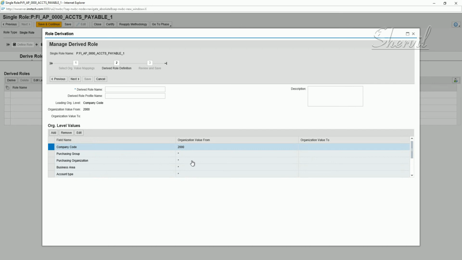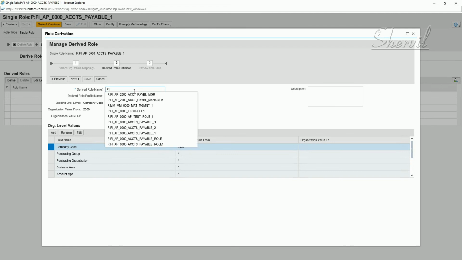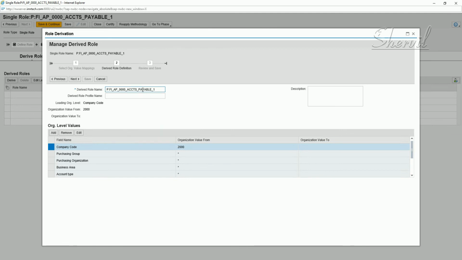So when you go and maintain the authorizations in the backend system, you will have an option to change the org levels accordingly. Now here is the place where you give the derived role name. So we say P colon, let's say we took this role, right? So let's change this to 2000 and shorten this up to AP1 derived role.